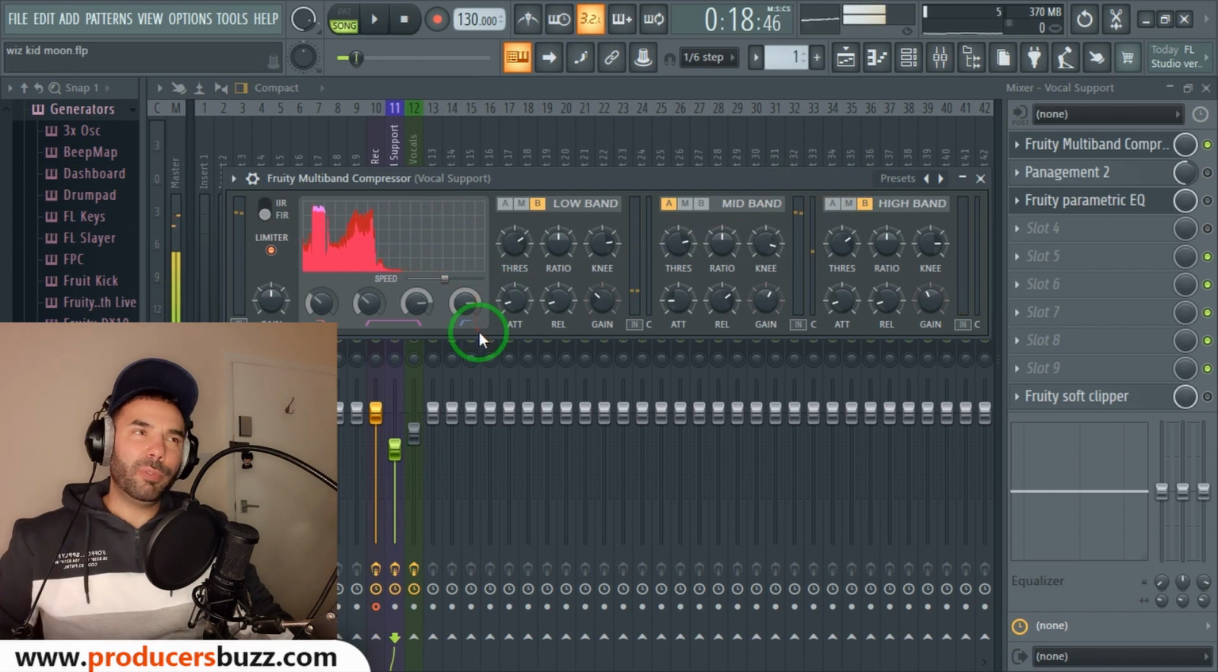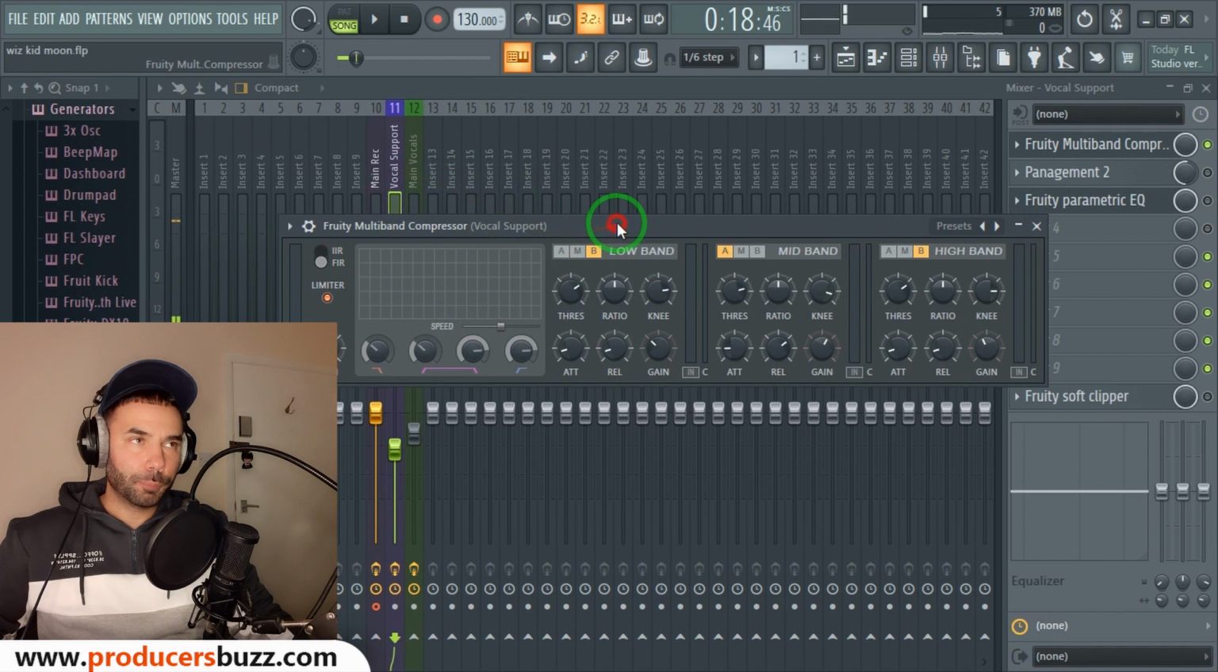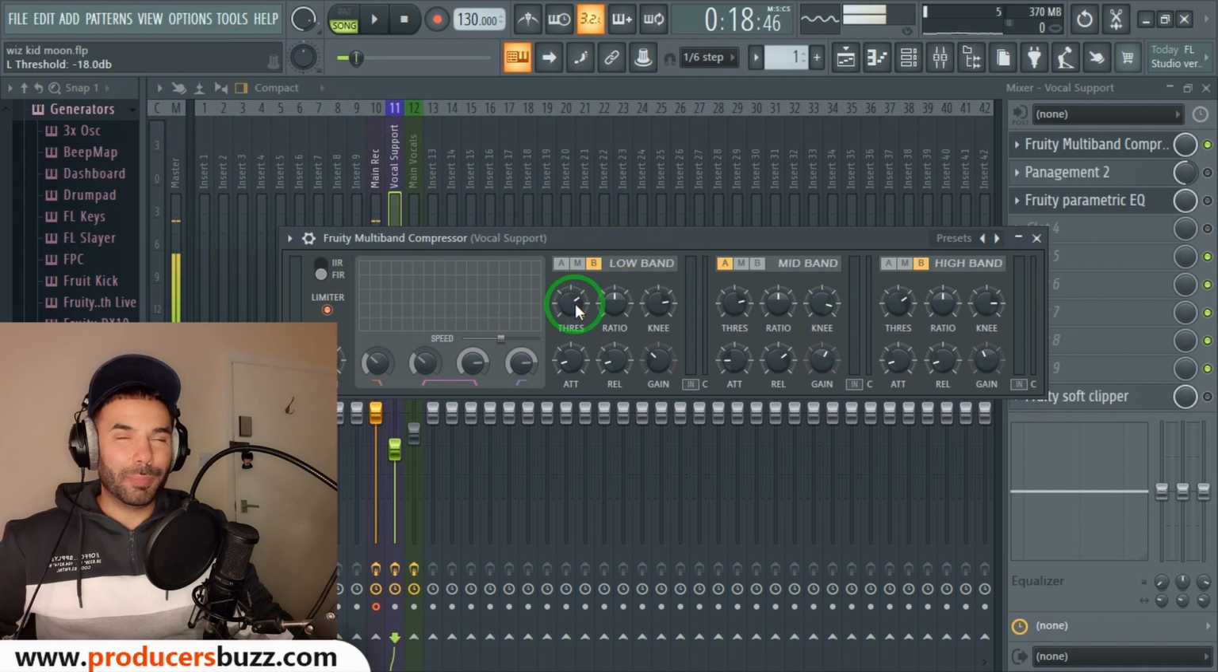Just a little uplift, not too much. So let me run through these settings as they're different to the other one. Okay, so the vocal support on here, guys, look at the hint panel. Threshold minus 18 dB, ratio 20:1, knee 80%, attack 10.1 milliseconds, release 109 milliseconds, the gain 0.0 dB, midband minus 13.2 decibels,